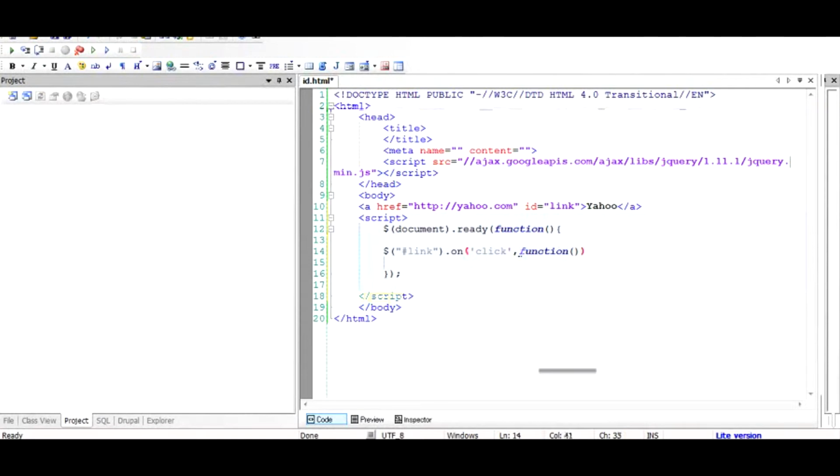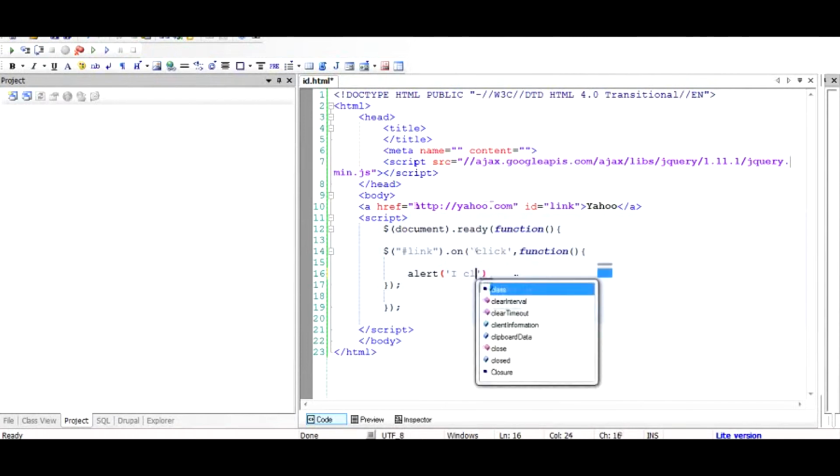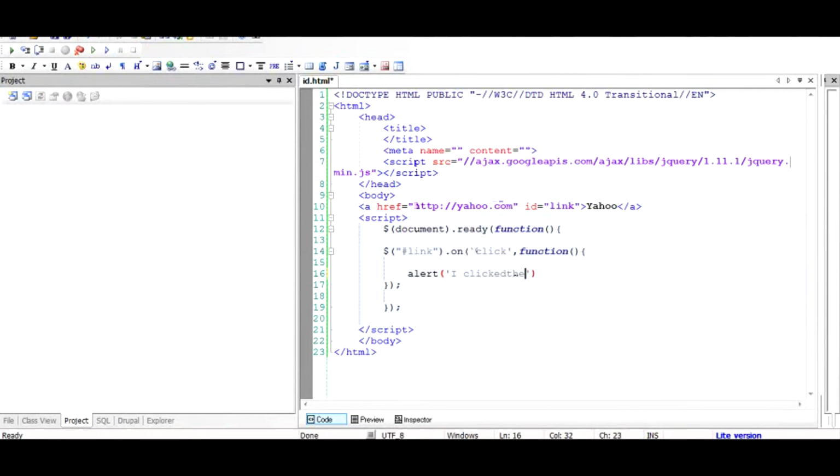So this function has some things to do, and inside this I want to alert a message. So let's say alert, I clicked the link. So when you click it, I clicked the link would be popped up. The only problem is that after you complete the alert, the link will take you to yahoo.com, and we want